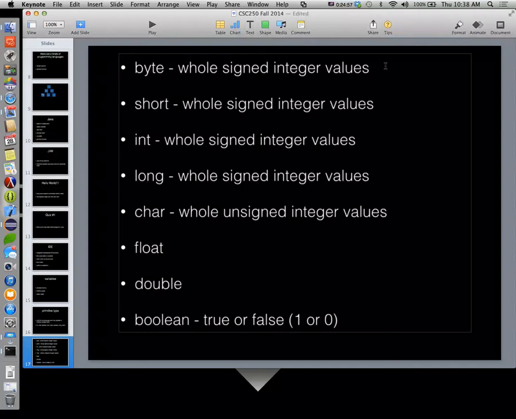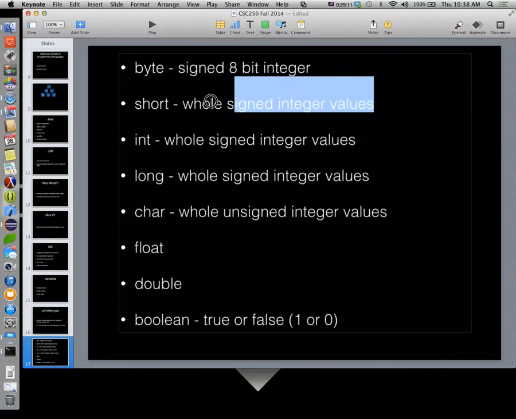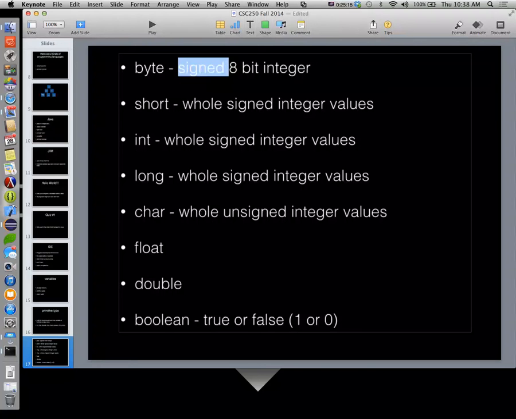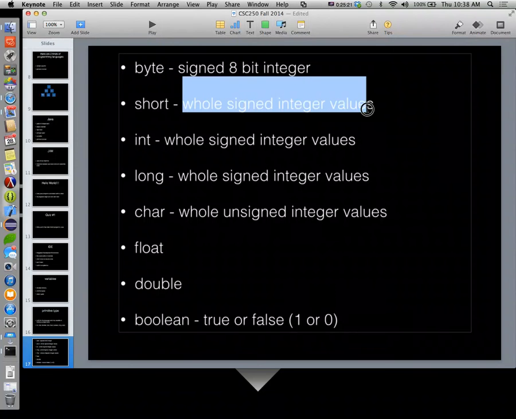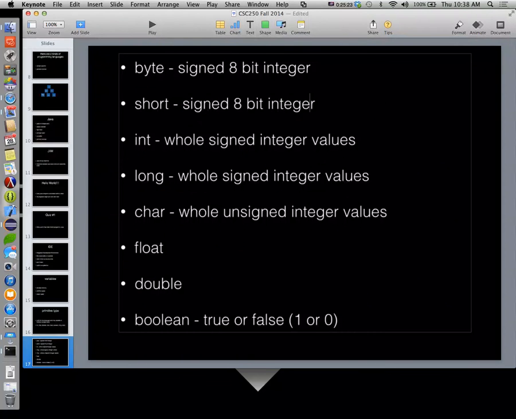A byte is a signed 8-bit integer. A short is a signed 16-bit integer.